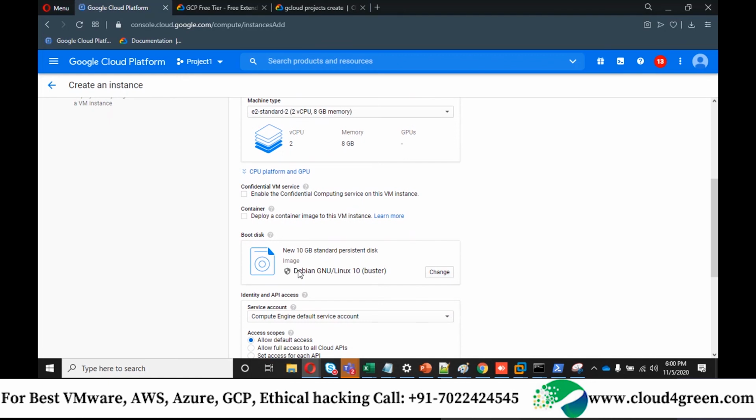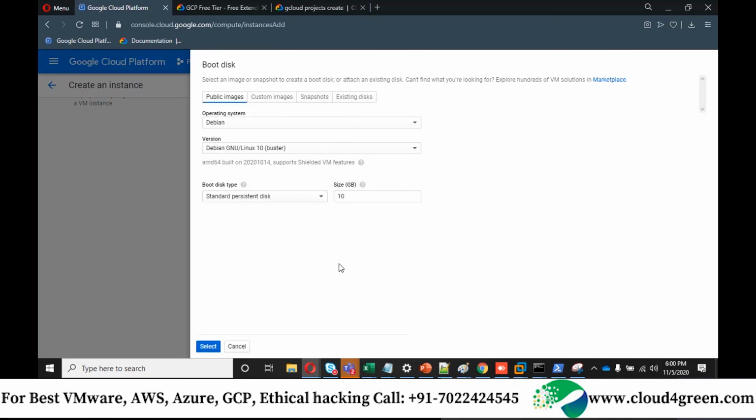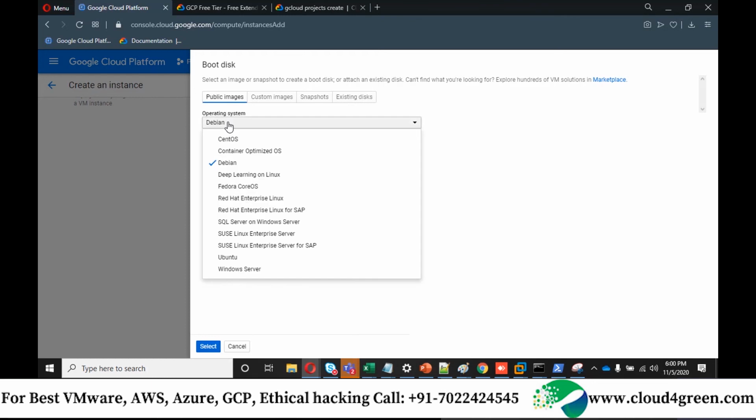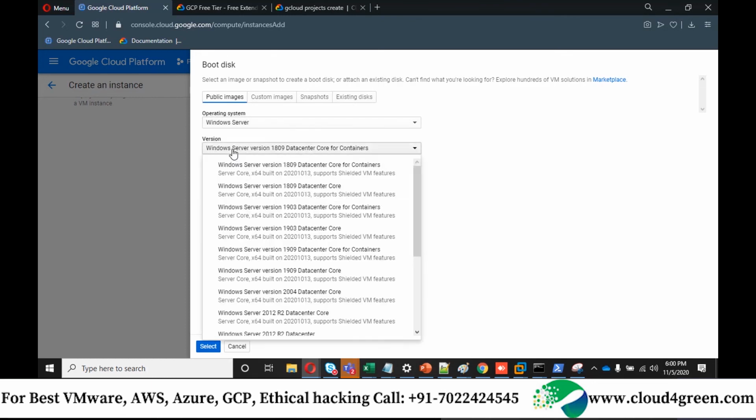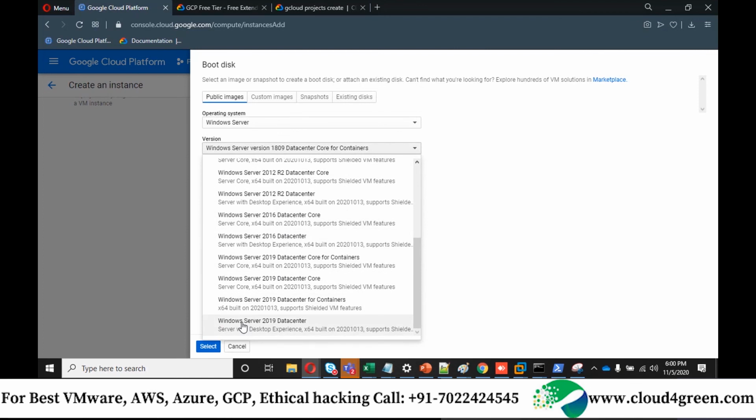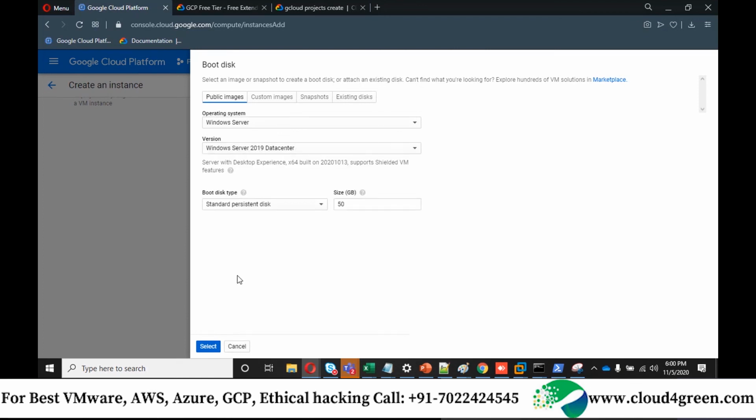Once you scroll down, the same way like how you deployed your Azure VM, right? Same way, here I'm going to select boot disk as Windows operating system. Change it to Windows Server, and version you change it to the last one, that is Windows Server 2019 Datacenter.